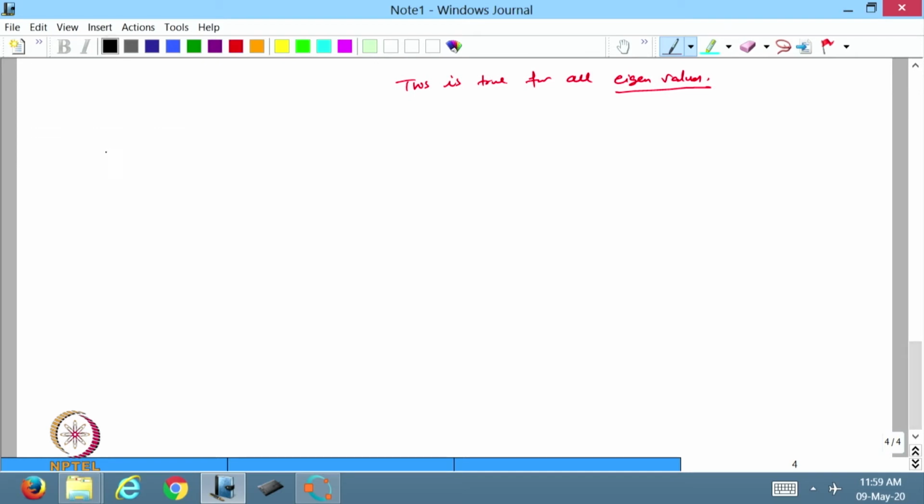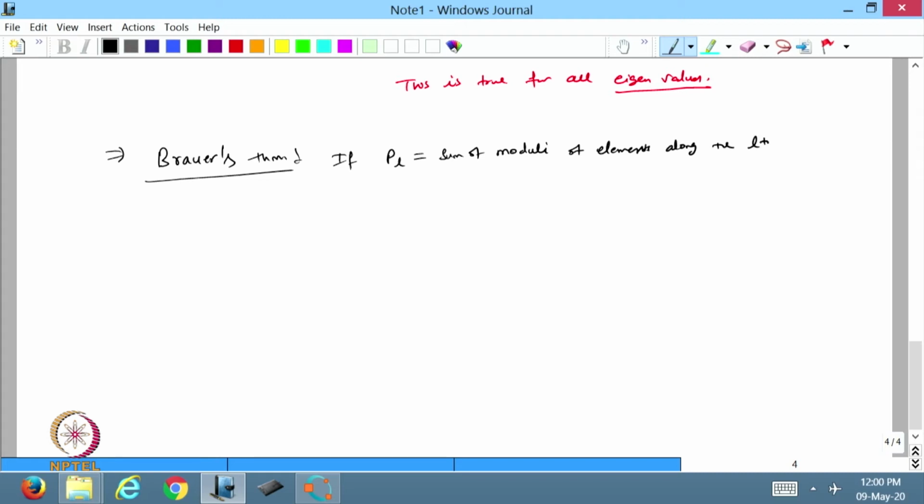Now from here we will get another theorem, that is called Gershgorin's Theorem. Gershgorin's Theorem says that if P_l is equal to the sum of moduli of elements along the lth row, excluding the diagonal element, that is a_ll, of matrix A,